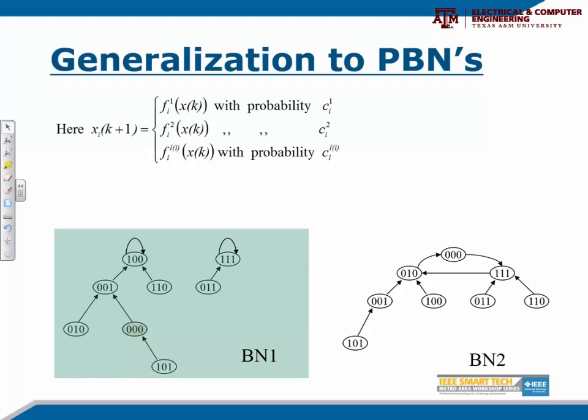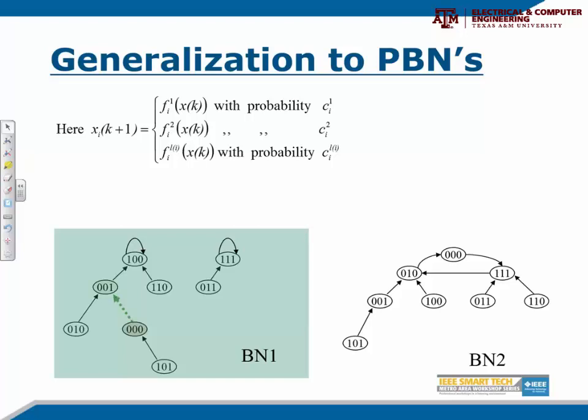To generalize to PBNs, the main difference is that in the case of a Boolean network, the transition is deterministic. If you are at a particular state, you know which Boolean function you are going to transition with. In the case of a probabilistic Boolean network, you transition according to function number 1 with a certain probability, function number 2 with a certain probability, and so on. You can show that this kind of transitioning leads to a number of equivalent networks. At each time point, you choose a network, then do the transition. Reach the next time point, choose a network, and do the transition. So this is called an instantaneously random